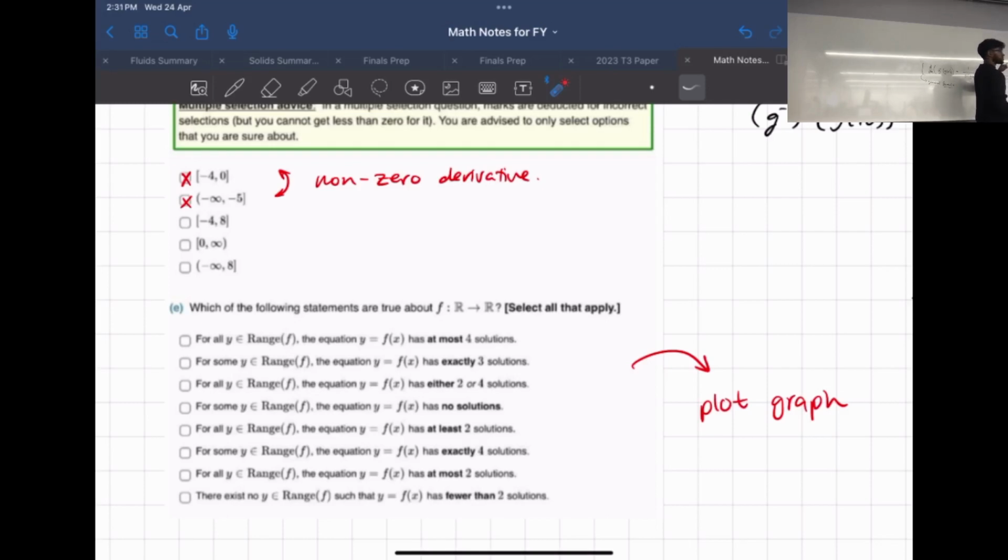However, it's also possible if C is very, very small, a very large negative number, right? How many times will it touch the x-axis? Twice, right? Because something like